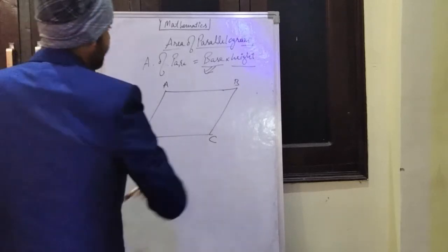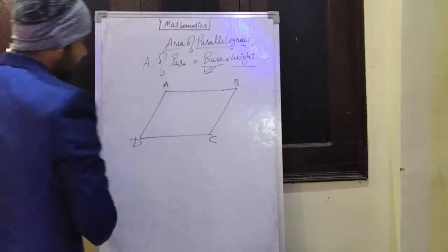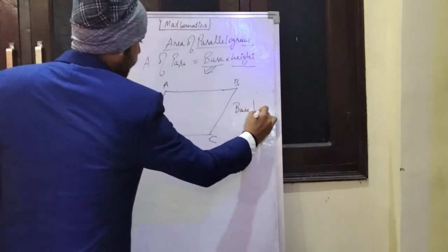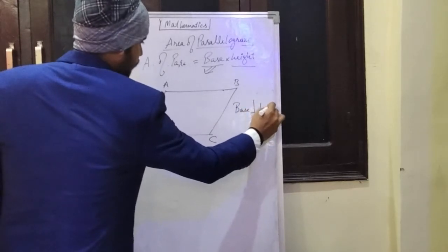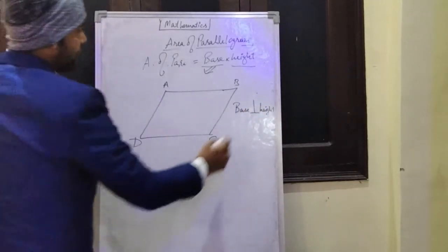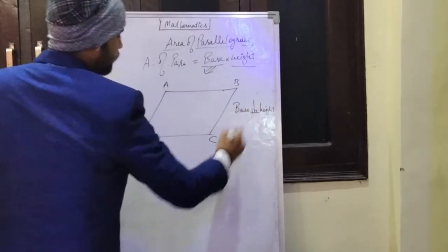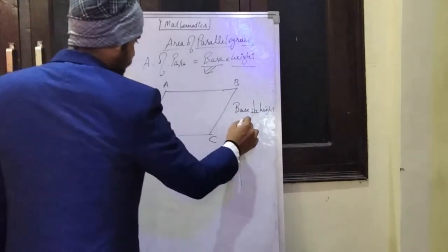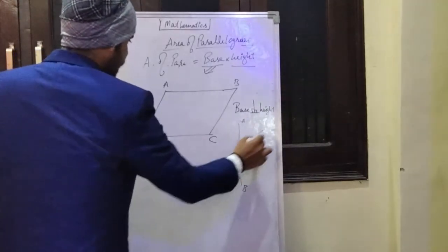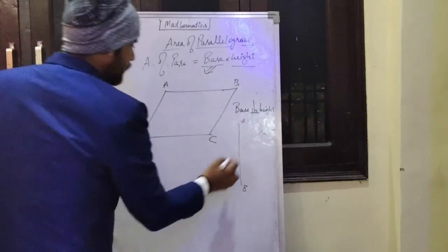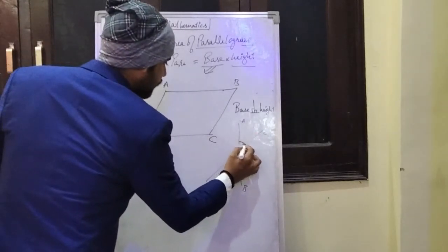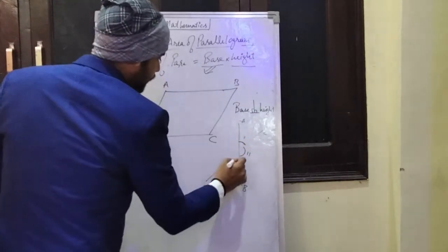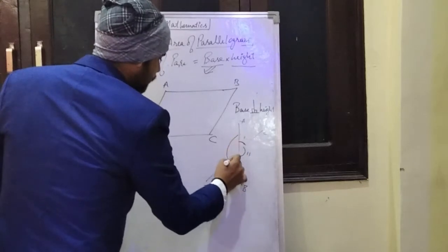Now here we have some relation between base and height. Always remember, base will be perpendicular to height all the time. This symbol is for perpendicular, which means the angle should be 90 degrees. If I draw one line, this AB, and a second line as CD, you will see the angle between them. Here this is the angle, this one let's say 2, second angle. This is the third angle, and this is the fourth angle.